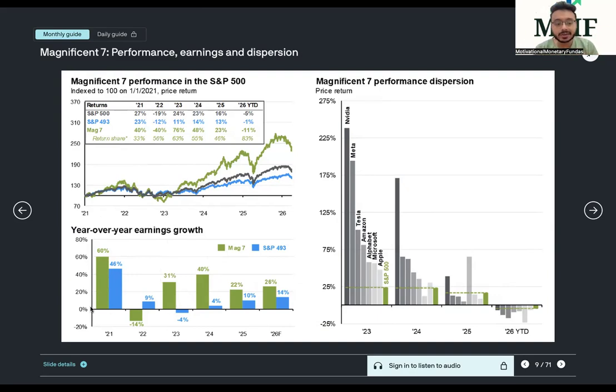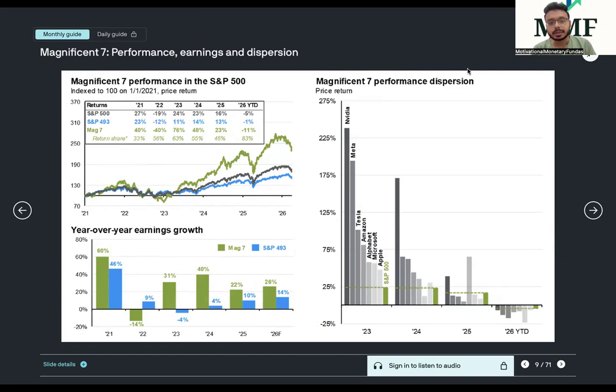Earlier in 2021, the spread was very high, correct? Barring 21, if you even start from 2023, the spread was high. In 24, the spread started to narrow a bit. In 25, it narrowed once again, correct? Again, for the full year, these estimates might change because it's just the start of the year. In the actual numbers, as we see in 2025, the CY25, the EPS spread between the Magnificent 7 as well as the S&P 493 is getting compressed.